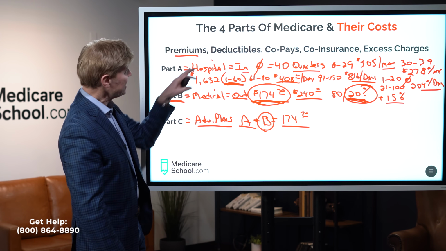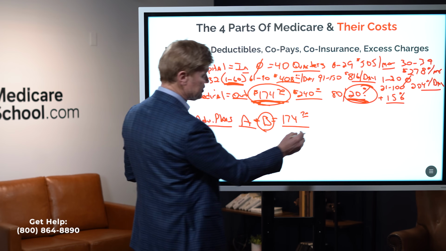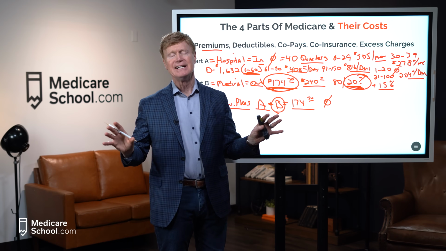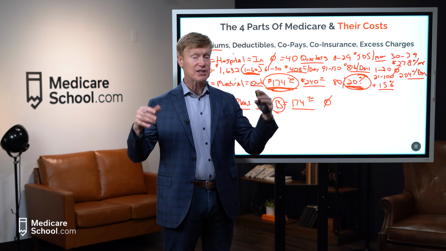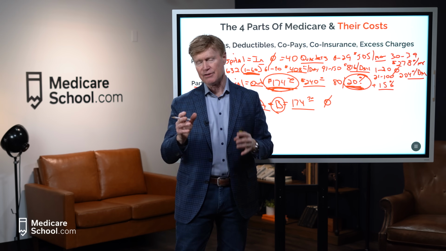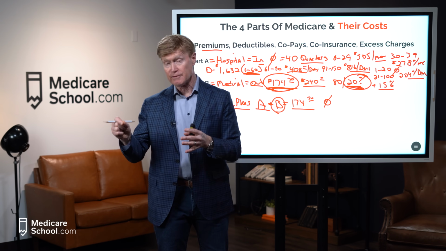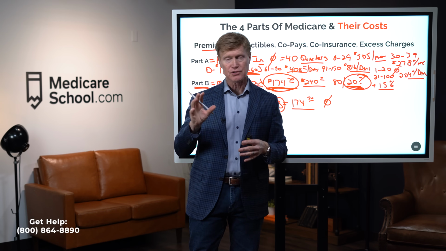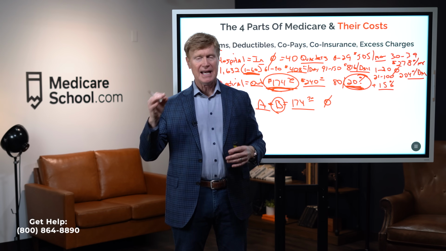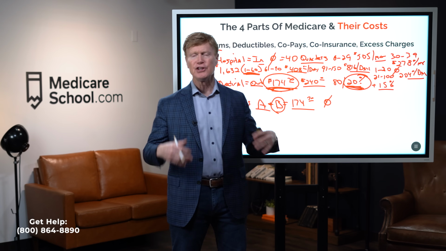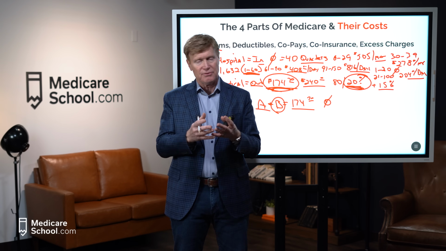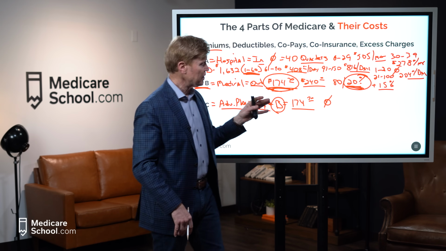Now, the Advantage plan itself, you'll notice a lot of plans, they say about 2 out of every 3 have zero premium. You don't have to pay anything to that Advantage company to be on their plan. You had to pay Medicare, of course, but not the plan. Now, those that charge, which would be 1/3 of all the plans, and by the way, there's 4,000 Advantage plans throughout the country today, 2/3 no premium, and the other third is going to have a premium. On the average, it's going to be in the range of about $25 to probably $30 a month. So very, very low cost when it comes to premiums.